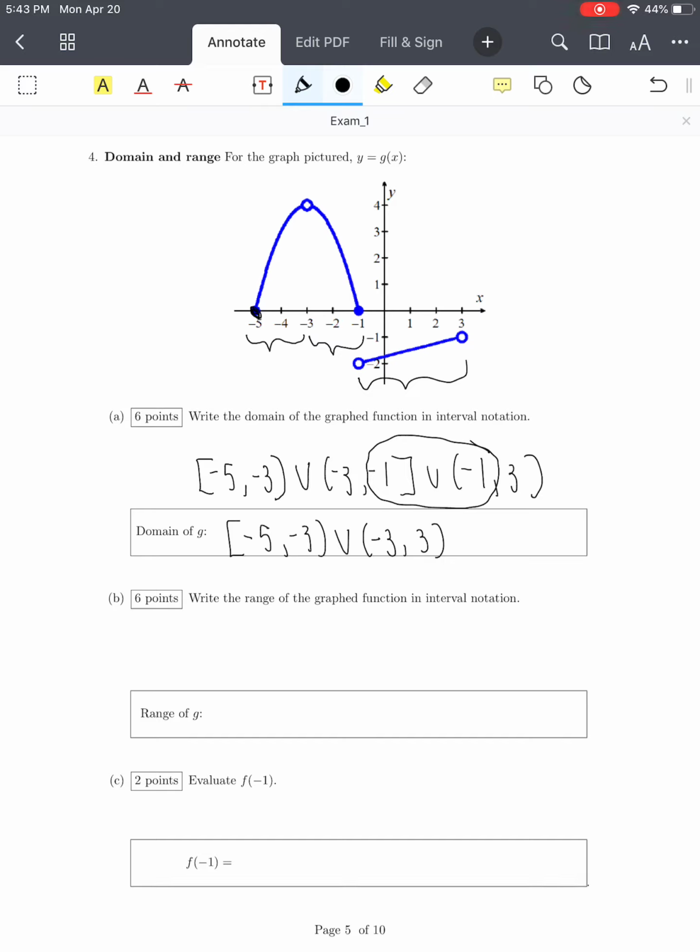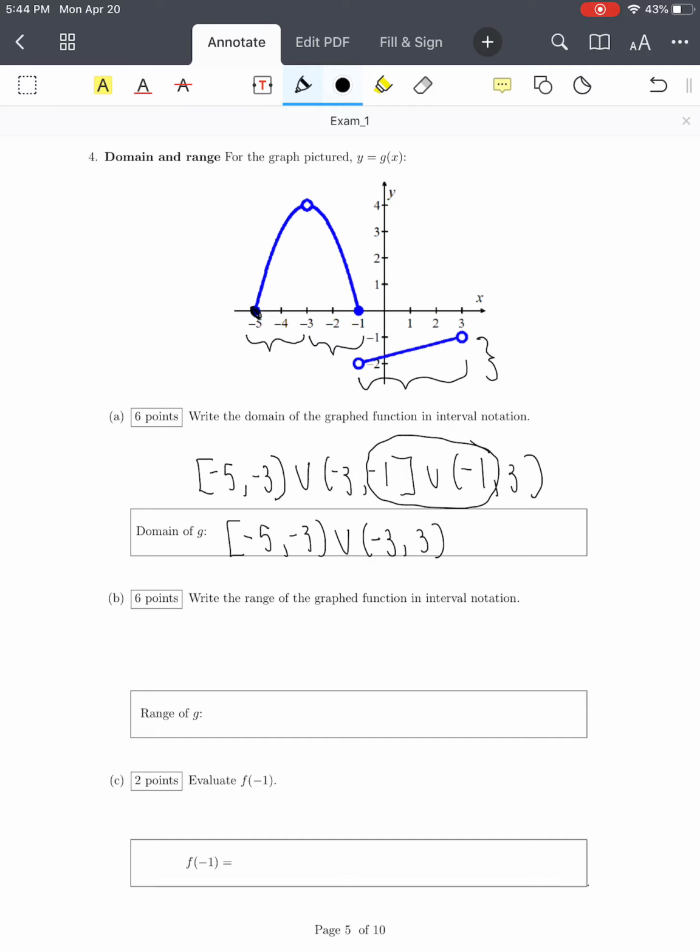For part B, we want to write the range of the graph function in interval notation. So this time it's just the range. So the range are the y values. A lot of people are tempted to go from left to right still, but remember we want to go from the most negative to the most positive. So this is